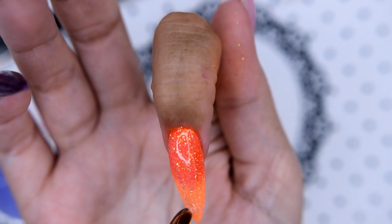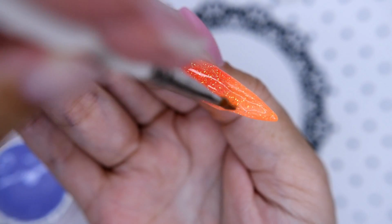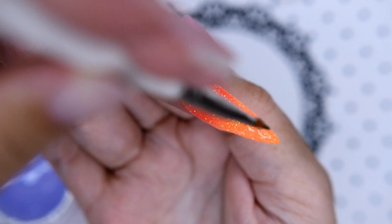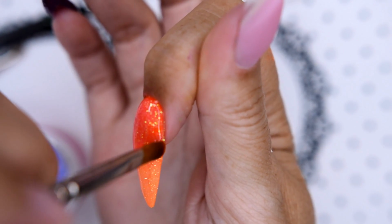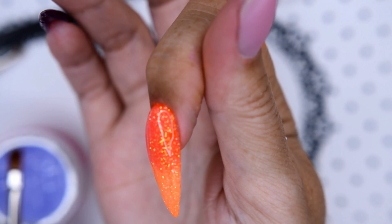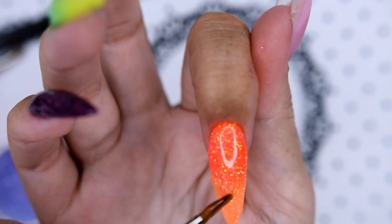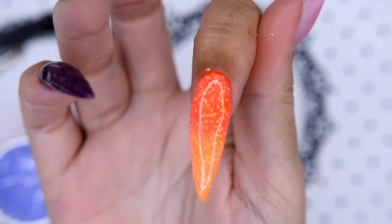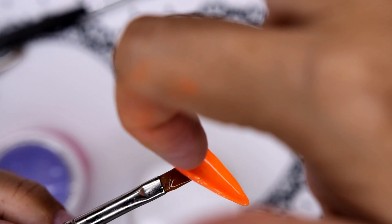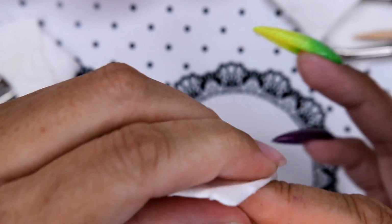And after curing, I just took the base coat, not the base coat, base gel as the top coat, or builder gel, and made that nice cover so I could file a nice shape on my nail after I was finished curing this. I also had to use the gravity to get the nice arch, and into the lamp it goes,